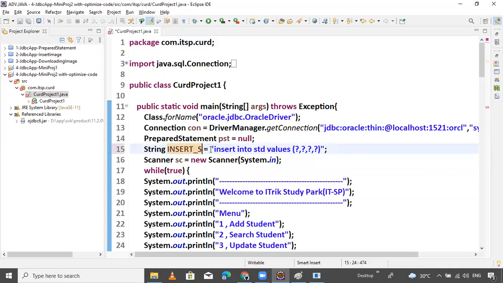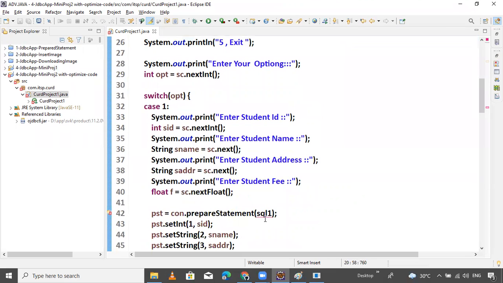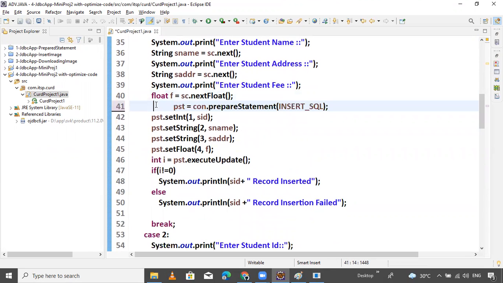Now provide the query inside this. Okay, now the insert query is ready.